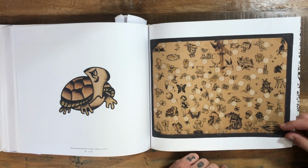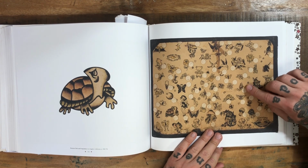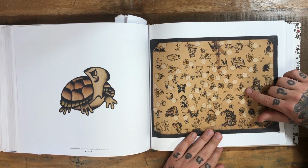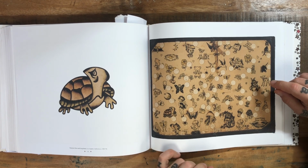What do we got here? Tennessee Dave, 1960s, 70s. And this is probably the heyday of it. It's a little bit more conservative, so he's making these kind of tattoos for women, of these tiny little things, because I feel like...